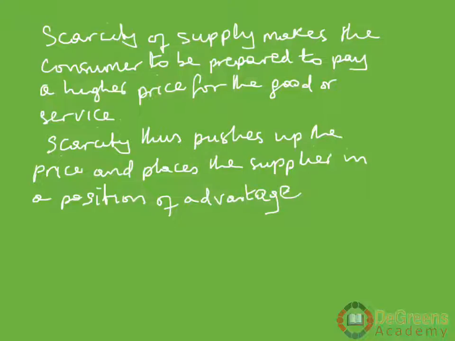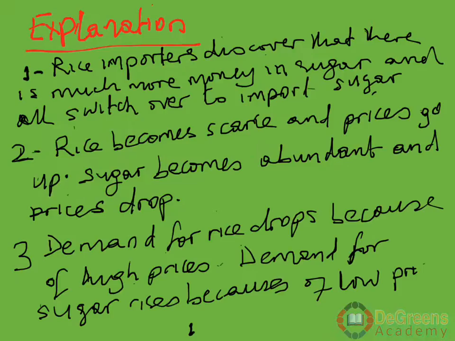If he doesn't do it, some other person will do it and acquire the goods, because the goods are scarce. Everybody wants them. So scarcity pushes up the price and places the supply in a position of advantage. That is a very clear point. If we have this explanation, we take our normal rice importers, for example. If they discover that there is much more money in sugar, and all switch over to importing sugar,